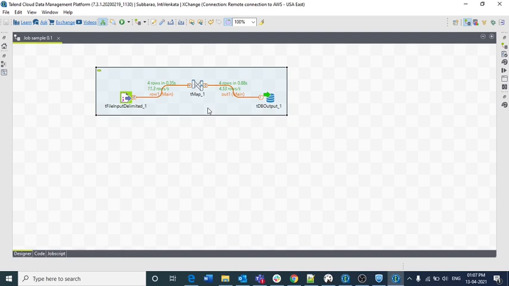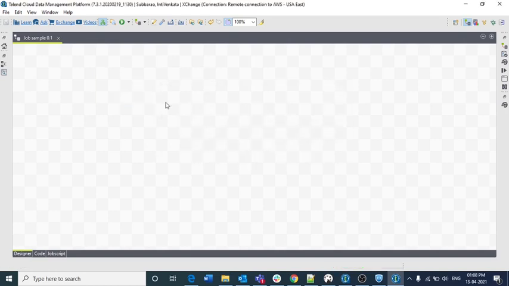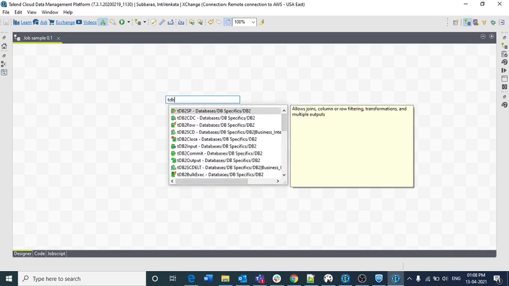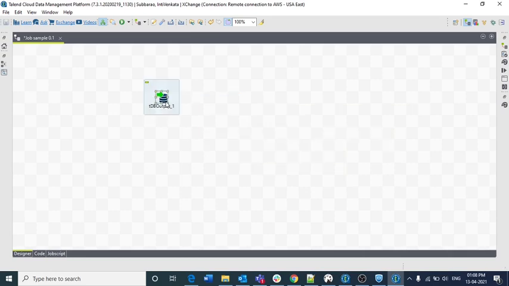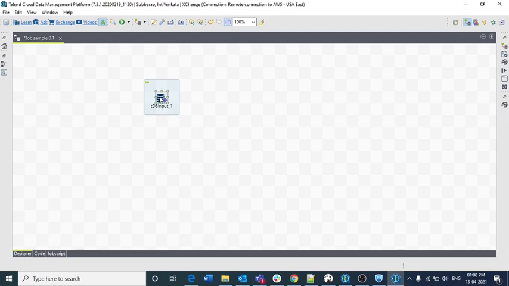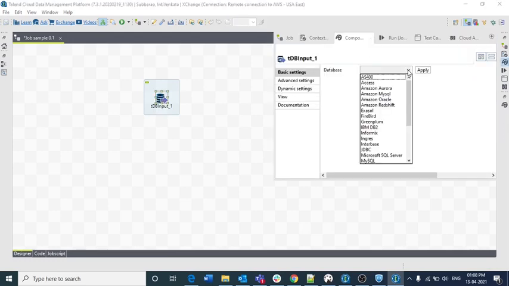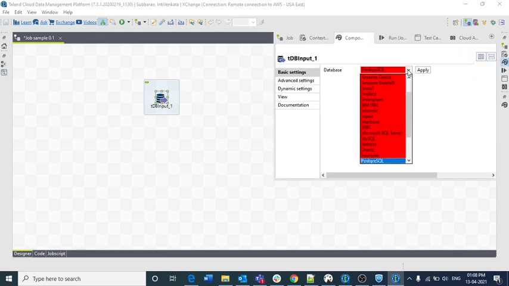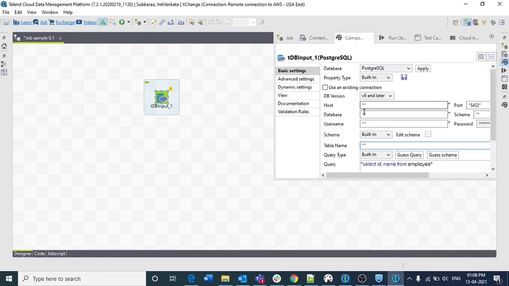I think this is how you need to write the data from the input file to the database. But if I want vice versa, like if I want the data from the TDB input component, to transfer to some random file, the way to do that is similar, just vice versa.